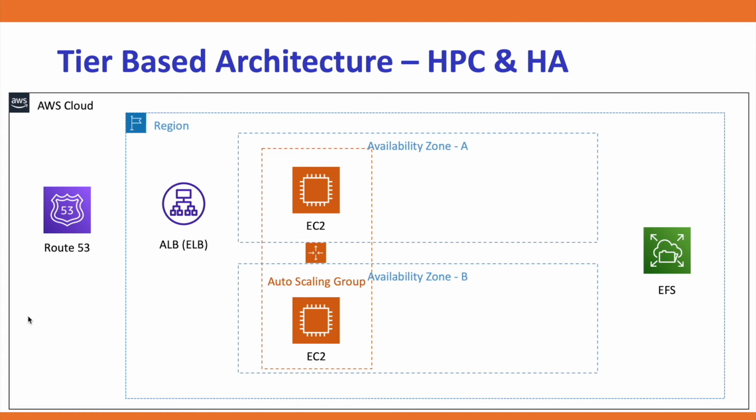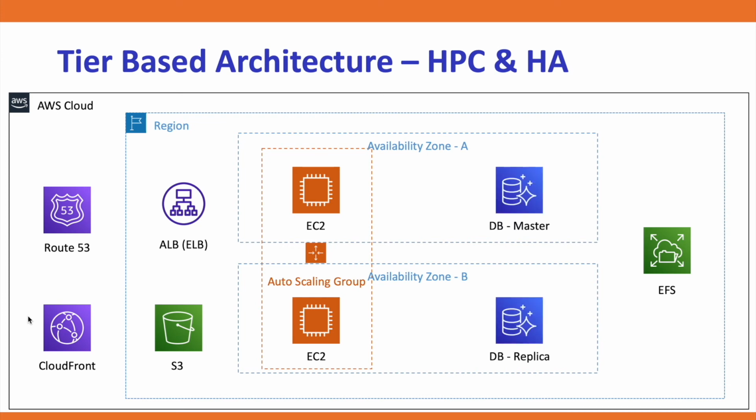Amazon EFS is based on a distributed design so that it can grow based on the requirements and be accessed in parallel by multiple EC2 instances. As discussed earlier, we also have to move all the static content like style sheets, JavaScript files, and themes, as well as media images, to an S3 bucket with a CloudFront distribution. Now, as we are moving towards a distributed tier architecture, scalable and stateless, the next decision that we have to make is whether to use a single server configured RDS for the database or an Aurora high performance and high availability database.